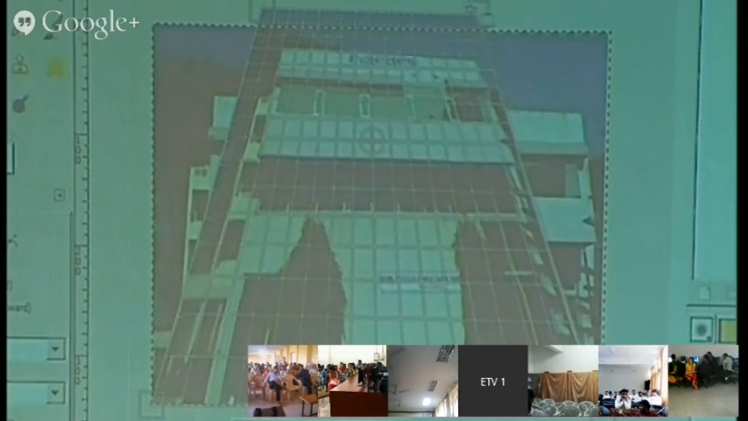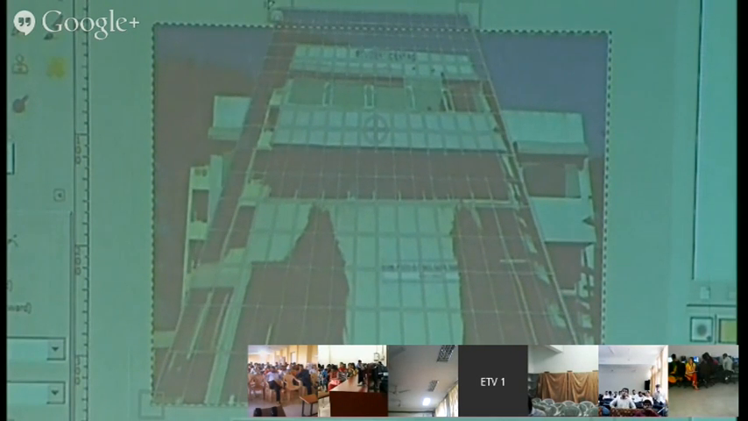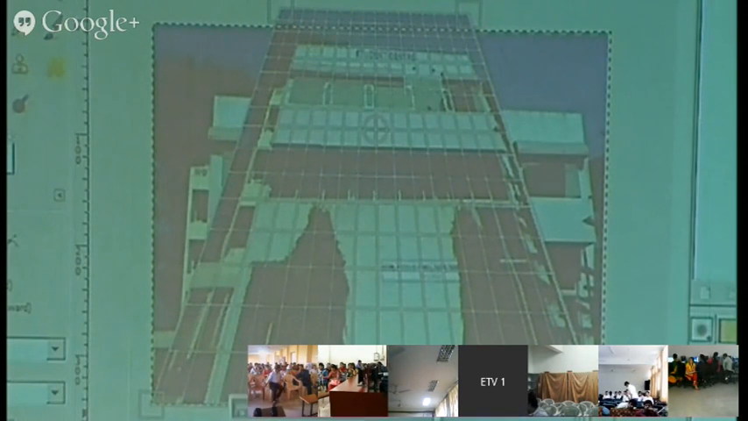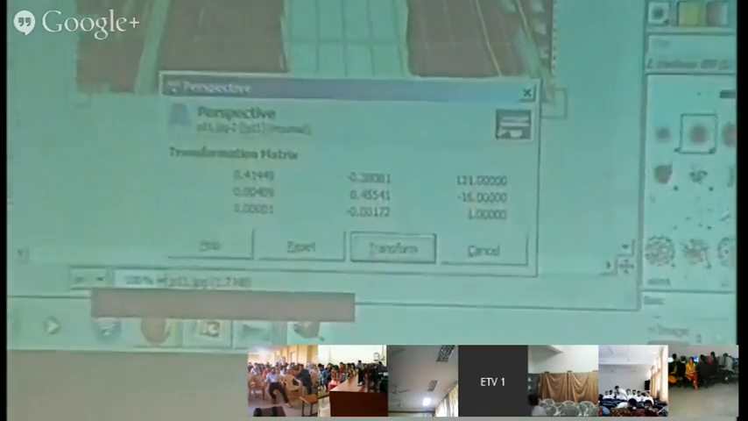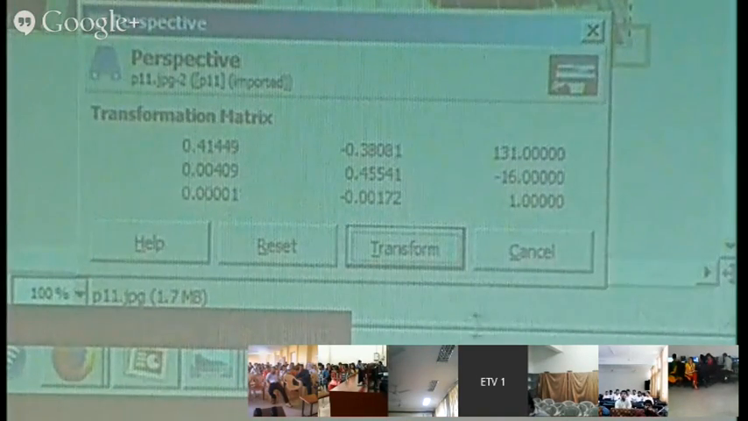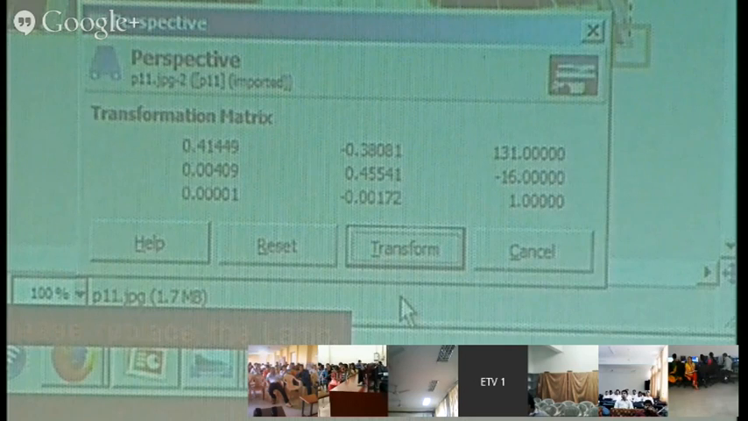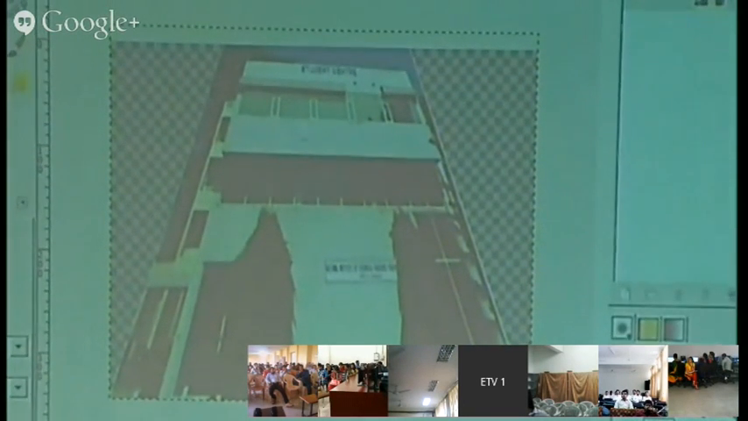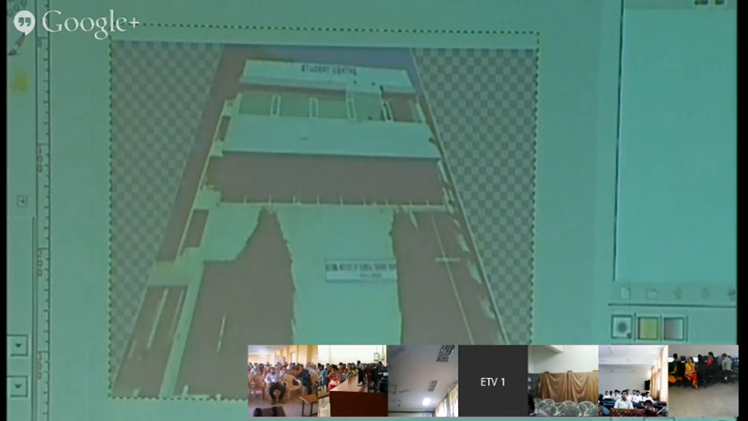Or cuts. Okay, so you can change the angle. Now you can see when we are changing, all the parameters, X and Y, are changing in this transform. So this is the perspective view of that building. If you want to use this area also, what one can do, select this